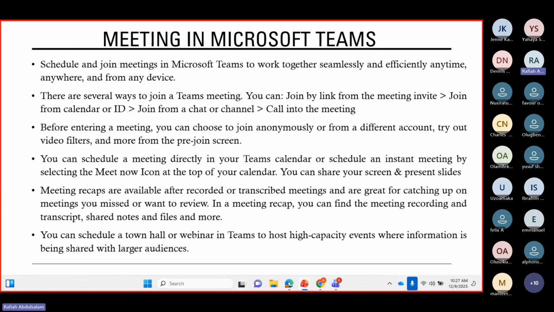people within the organization. Now, before entering a meeting, you can choose to join anonymously or from a different account, and try out video filters and more from the pre-join screen. So these are basics actually for people who are just starting out with using the Microsoft Teams application. Now